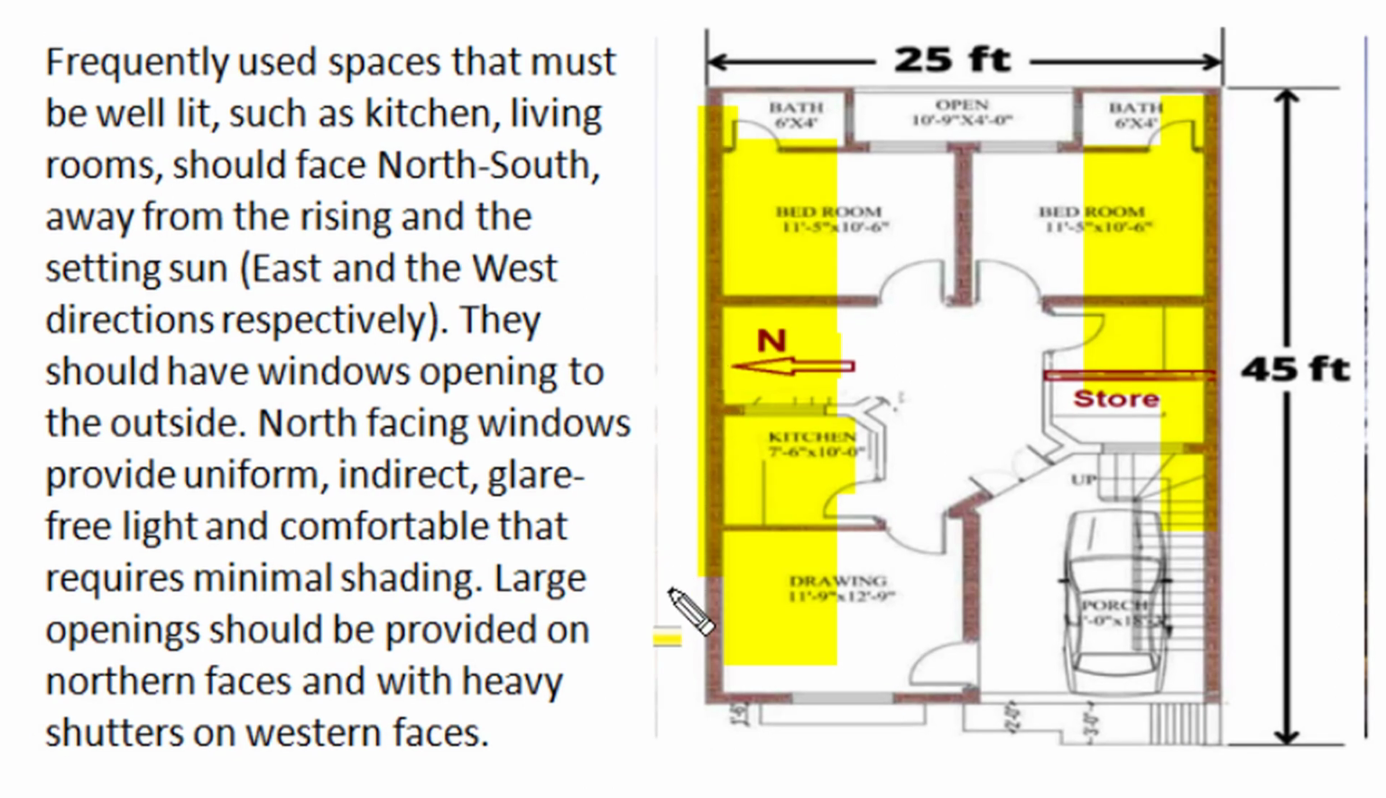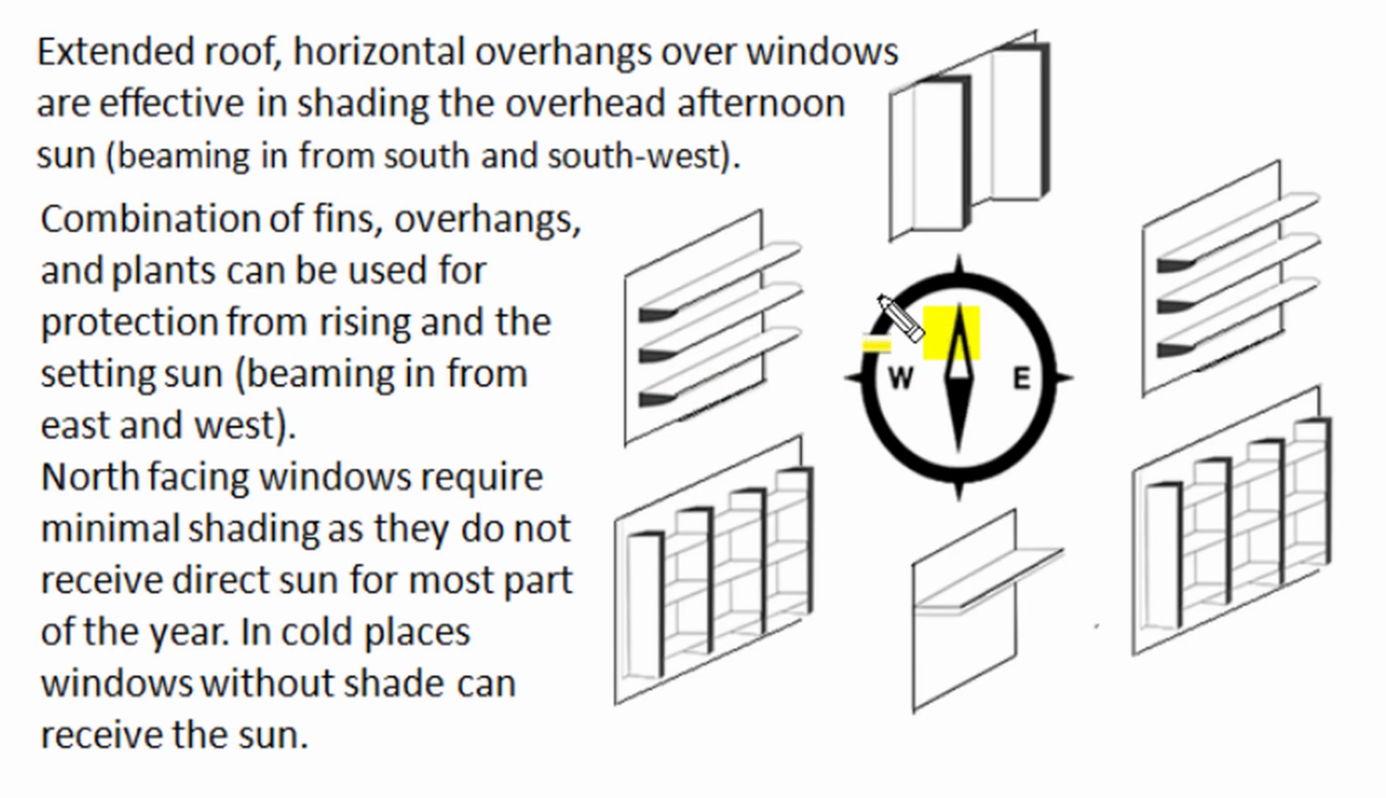North facing windows or other fenestration will get uniform indirect glare free light, which is very comfortable, and it requires minimum shading arrangement. So we should provide large openings in the northern face and heavy shutters on the western face to restrict penetration of direct sunlight from the western face during sunset conditions. So the northern face of the building doesn't require any specified shading, and with minimum shading we will get well desired